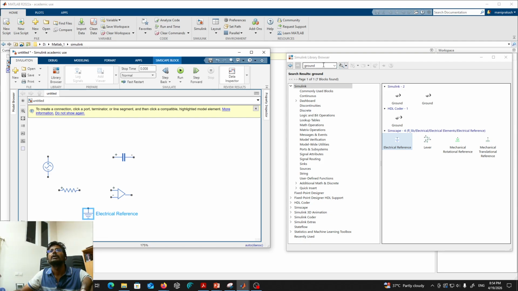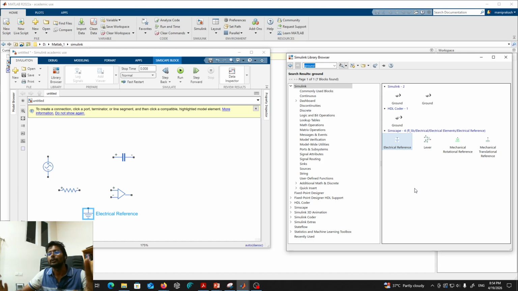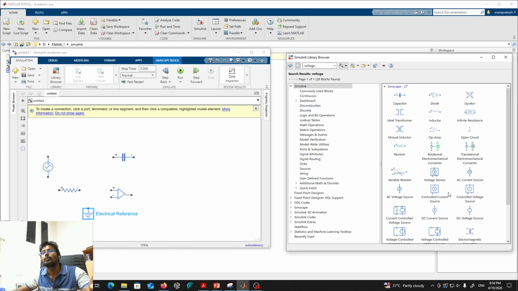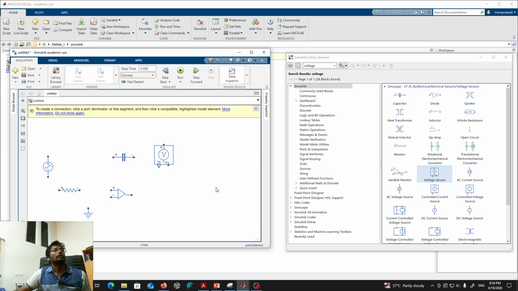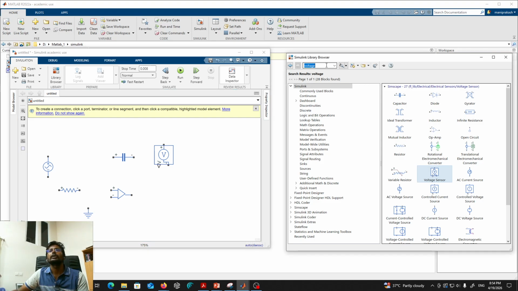Okay, and then see, I connect all the circuits, but I need to measure the voltage, right? I need to measure the V out, right? So for that, I need a voltage sensor. So where is the voltage sensor? Yes, we have it here. So that's the voltage sensor. Okay, fine. And I also require one more thing,